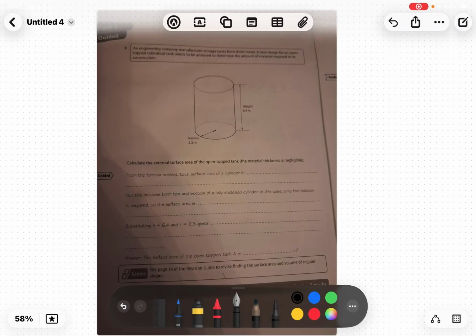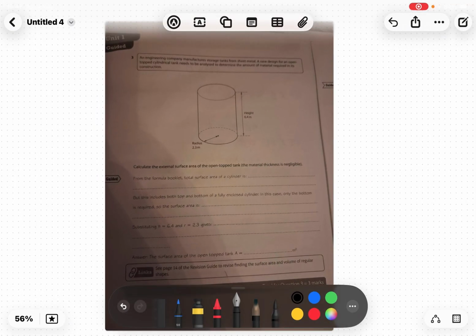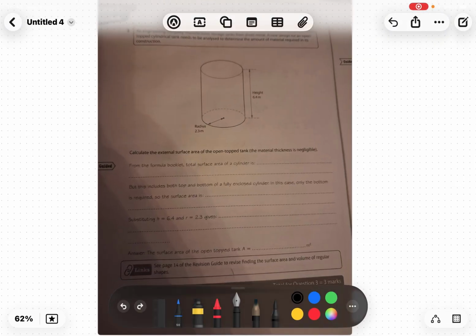Okay, here's the next question, and please read it carefully. Pause the video when you read it. It says open topped, so this circle here basically doesn't exist. It's open. There's a closed circle here, and over here there's nothing. Keep that in mind. The reason that matters is because in the formula,